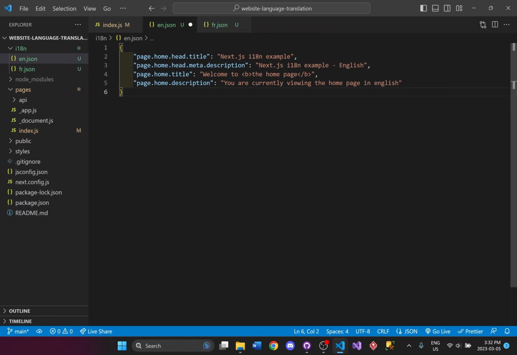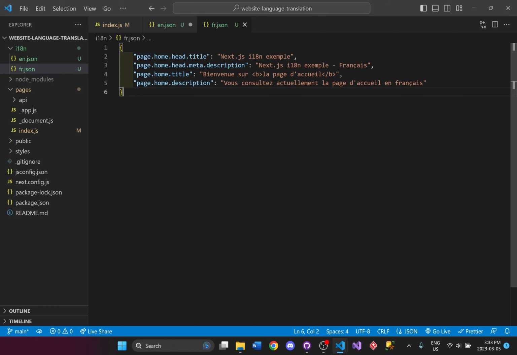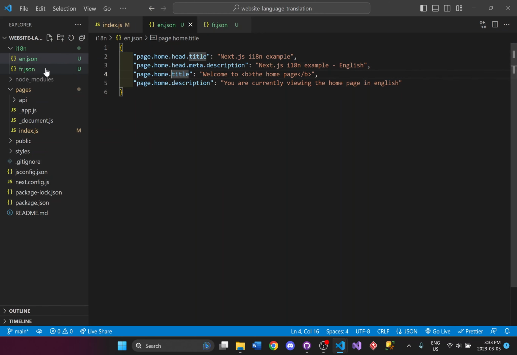So now that we have this data all set up, you can put some stylizing directly inside of it as well. And I'll also set up the French side of the data as well. And now that we're done, make sure you saved both of these files. So then we have this ready for us to use in the project.